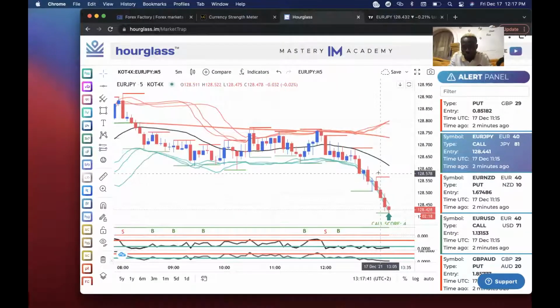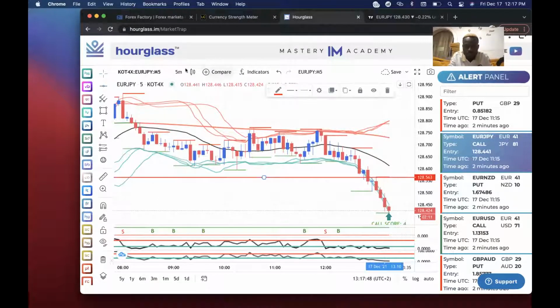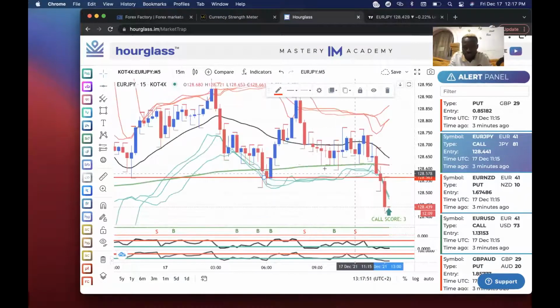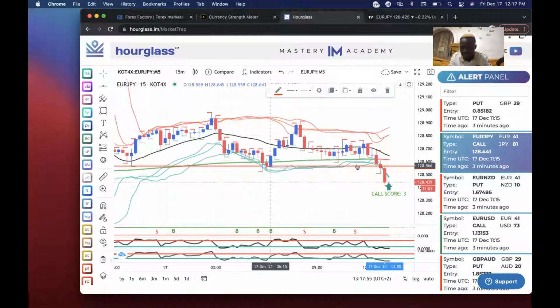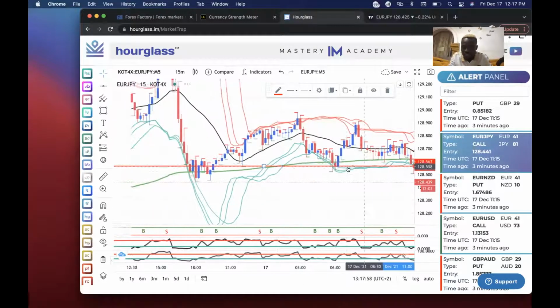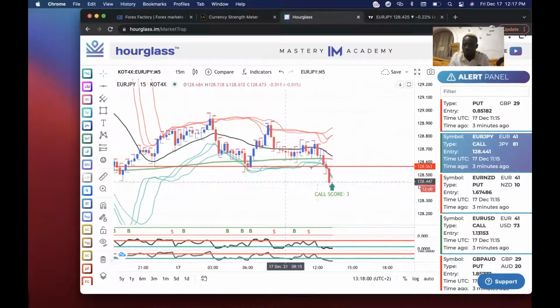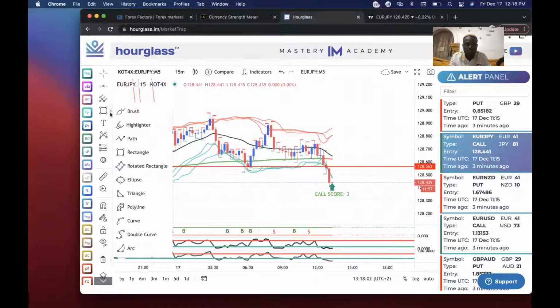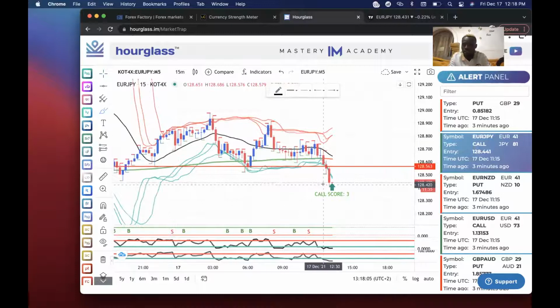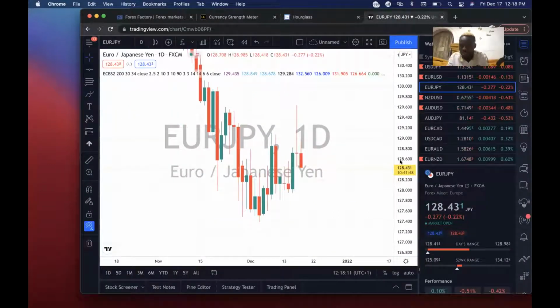If I actually want to check for that area here, I can see the 562 area. Yes, this is it, 564 area here on my hourglass. Price has not gone back to retest that area. This is going to be hot. This is going to be hot cake. Can you see this area? It happens to be a previous floor area. So if you actually have price drive all the way back up for a retest, you're going to have your cake well served. But even you yourself, you can actually learn the basics and use your hourglass for confirmation, considering